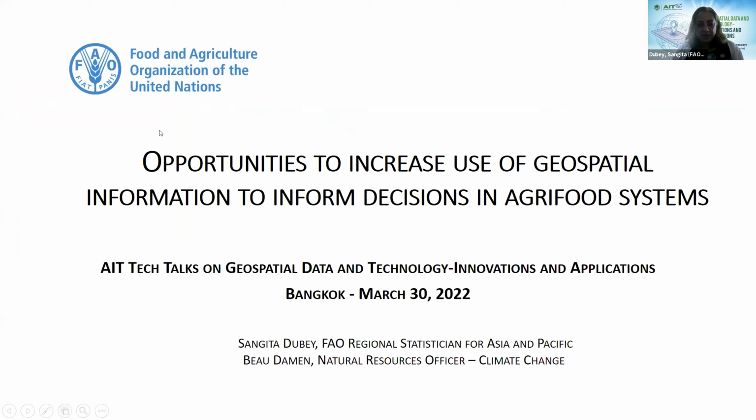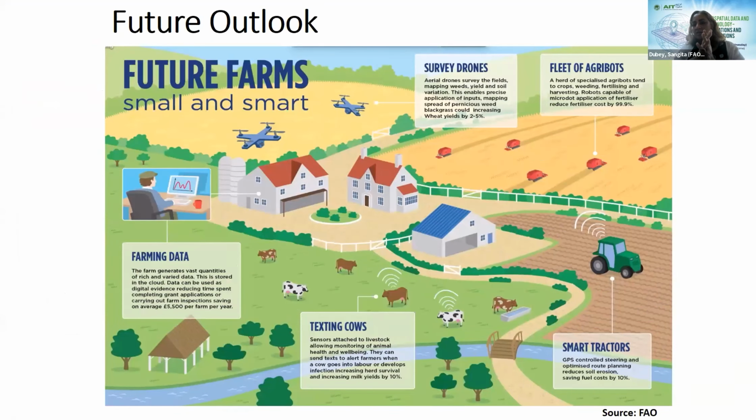Okay. So the main slide I'd like to talk about is a future vision for how geospatial data would be used. And we already know that some of these uses occur in certain countries. The most effective use is when the private sector itself is using geospatial data for decision making. And by the private sector, I'm talking about all of the industries that provide inputs into a farm, the farmers' decisions themselves, and how the products from the farms go out towards their final uses, whether it's final consumption or intermediate use by industry.